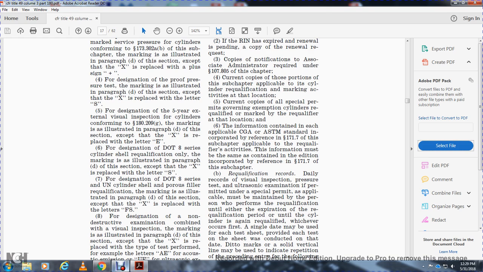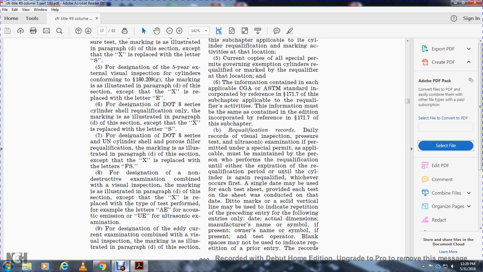For the designation .8 series, the UN cylinder shell with the pores filled with the requalification marking illustration paragraph D of this section, except for the X is replaced with the letter FS. For the designation non-destructive examination combined with the visual inspection marking with the illustrated in paragraph G with the section with the example of the action of the play for the type of the test performed with the example of the letters AE with the acoustical emission, UE for the ultrasonic examination,